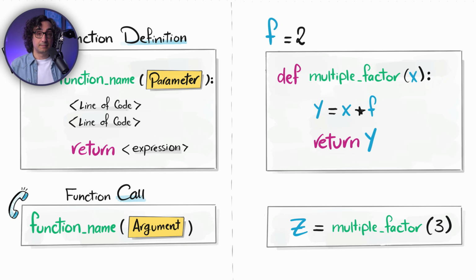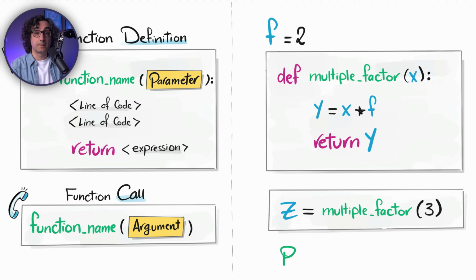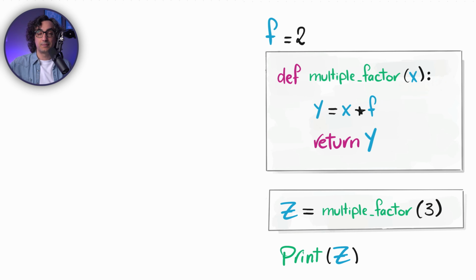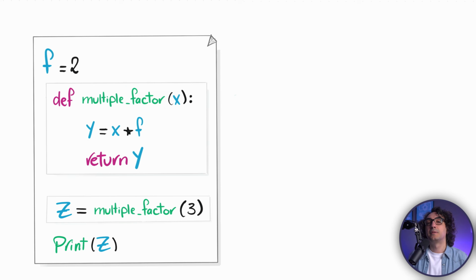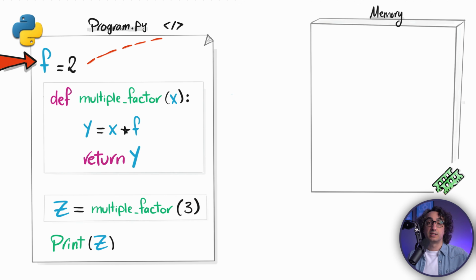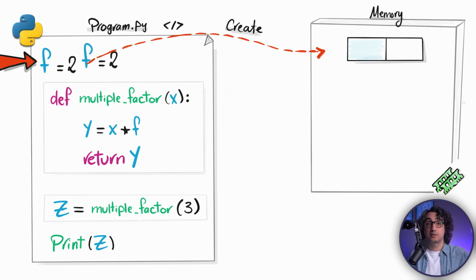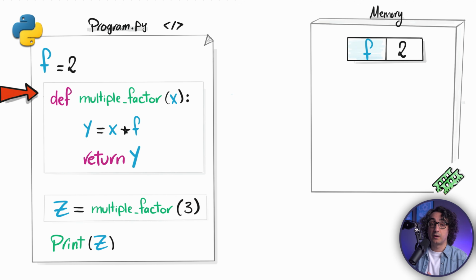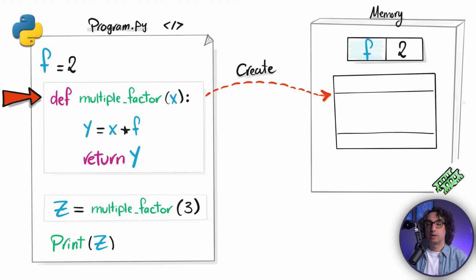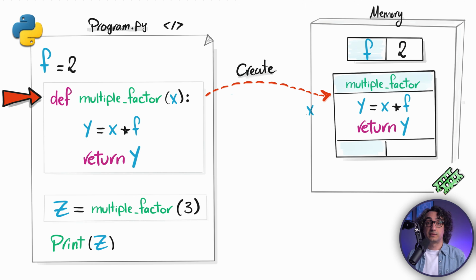And of course this is amazing because now we can go and do something with this output, like maybe printing it or do something else. So now let's understand how this can be executed behind the scenes. So as usual, Python is gonna execute it from the start. We're gonna define the function without executing it by creating the function object in memory, where we have inside it the name, the body, and parameters. So that's it for the definition.